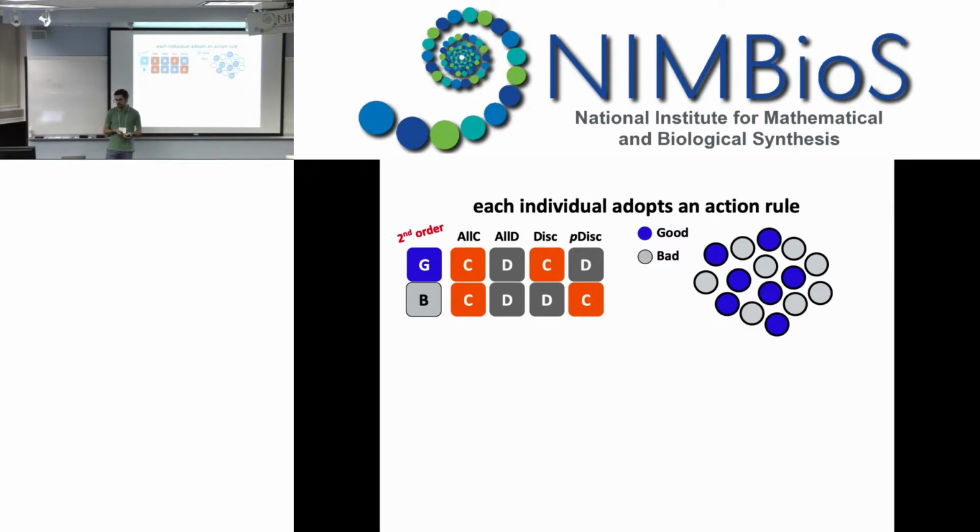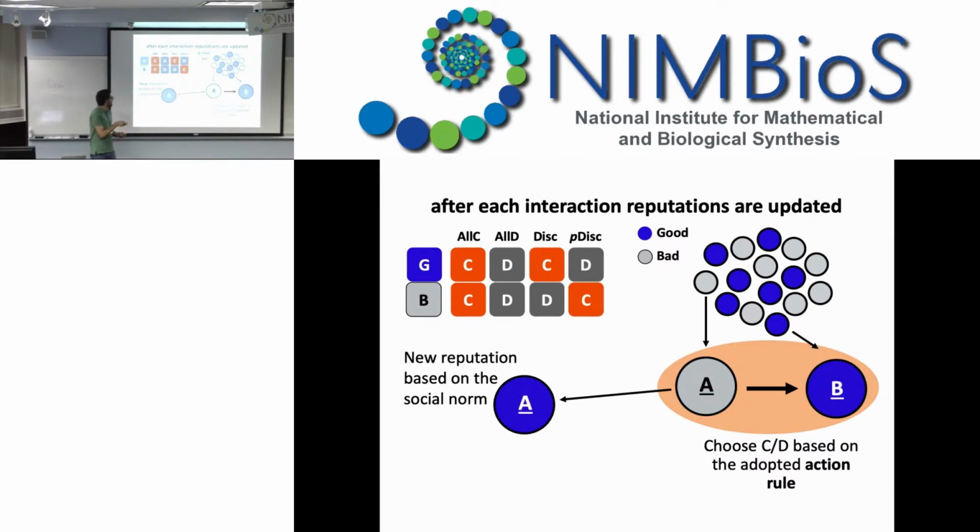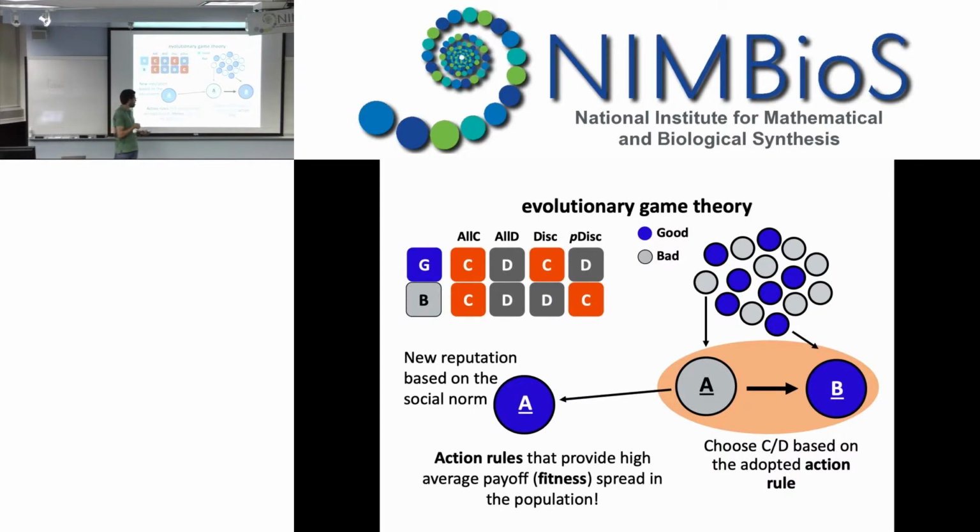Okay. So then, from time to time, we can select pairs of individuals and have these individuals playing many rounds so that they can accumulate a payoff and have their reputations updated. And of course, they will decide to cooperate or defect depending on the reputations involved and depending on the action that they are adopting at a given moment in time. And then the reputations are going to be updated after each interaction depending on the norm that we fix in a population. And the final assumption is that the strategies that are accumulating more payoff are going to spread faster in the population.